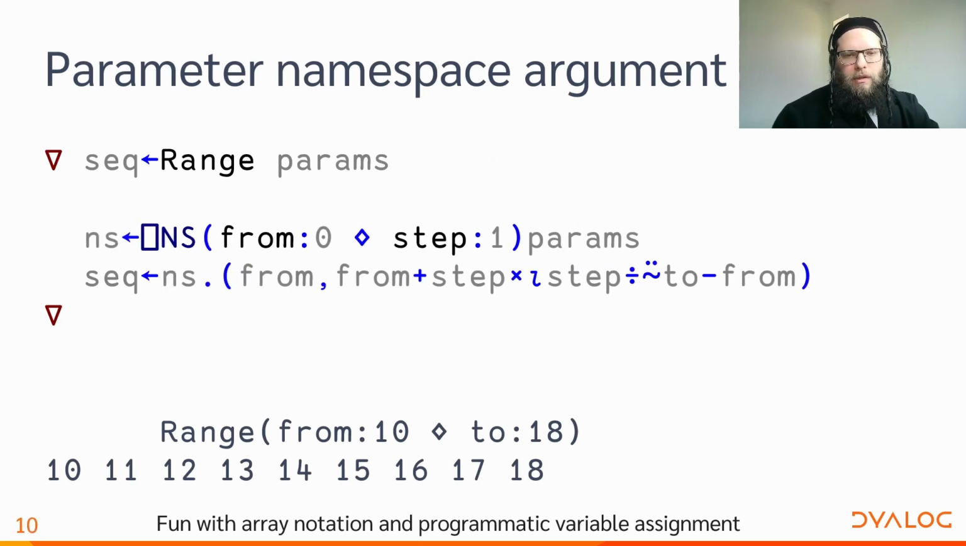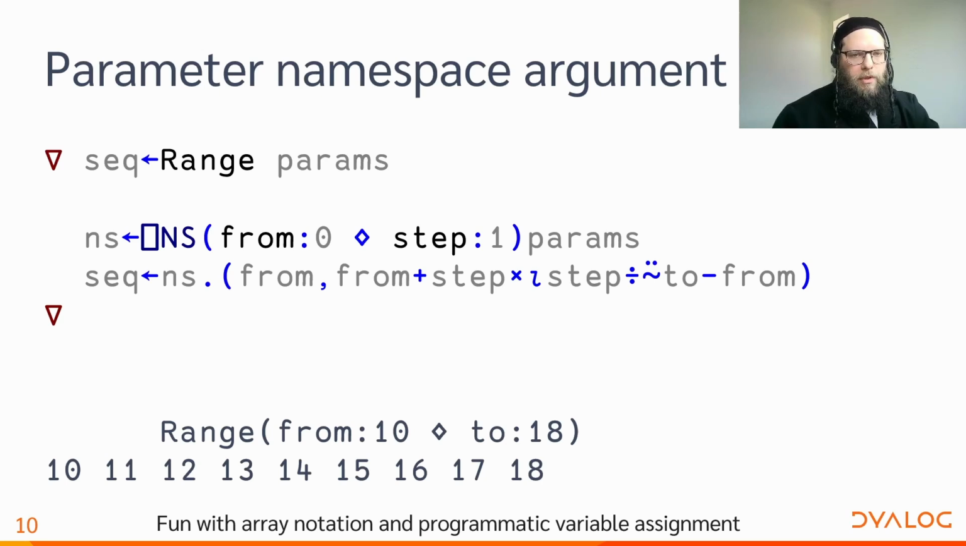And we can then avoid the localization by generating a new namespace. So quadns without a left argument generates a new namespace, and then we can just capture this namespace and dot into it, and Dyalog allows a whole expression in parentheses after the dot. So this whole expression with the from, the step, and the to is now happening inside the namespace. This creates a new namespace, merges in the literal namespace with the from and the step, and then merges in the